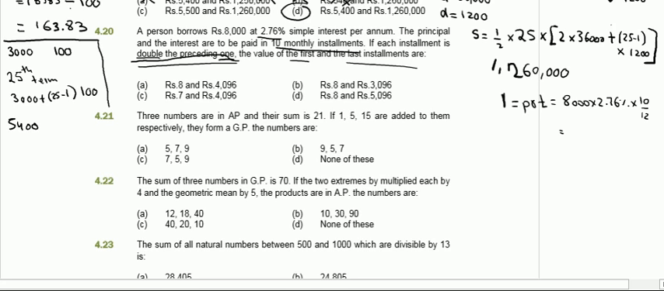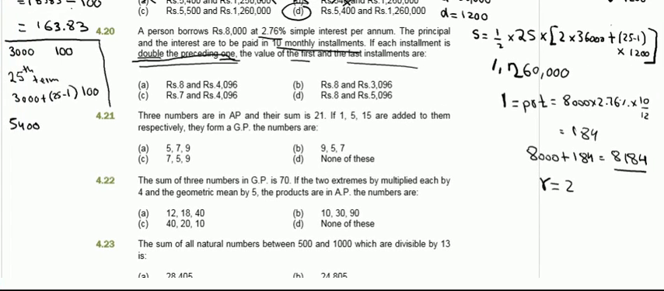And if you calculate 8,000 into 2.76 divided by 100 into 10 over 12, it will be 184. So the total amount is the principal amount of 8,000 and 184 of interest, which is 8,184. In totality we have to pay this amount. It says that if each installment is double the preceding one, therefore our R will be 2. The value of the first and the last installments. If we